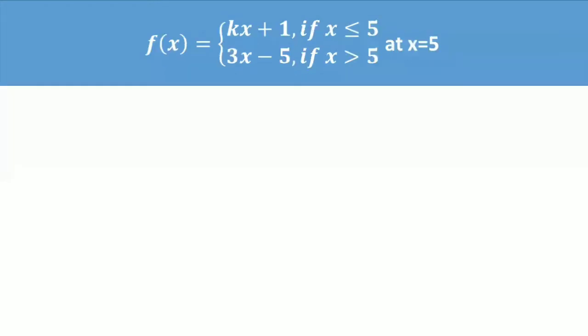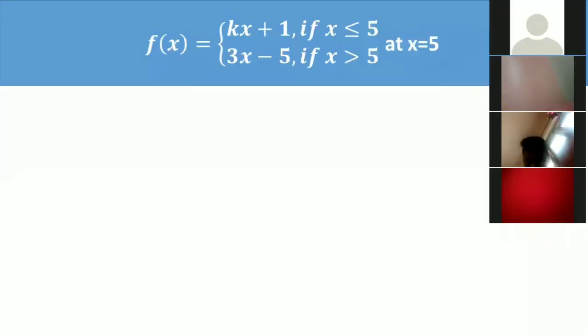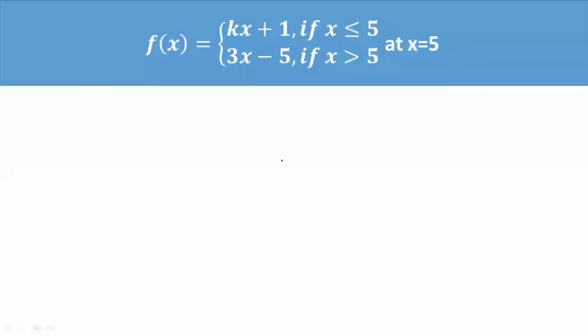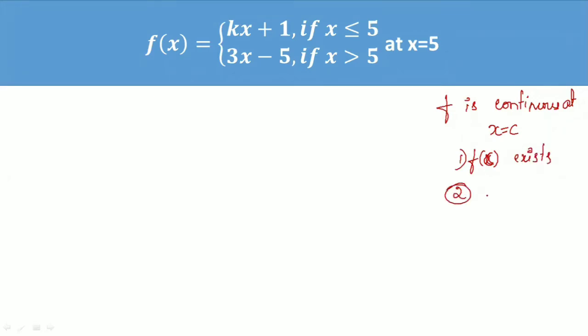Let me see who will give me the answer for this question. This is something you have to do. I think by now you know how to solve these kinds of problems. Again, I'll explain. f is continuous. First thing first, remember the definition. You might feel why I'm repeating it again and again, because this is the whole thing which we need in continuity. The function is continuous at x equal to c means f of c exists. This is just to make you familiar with the definition.